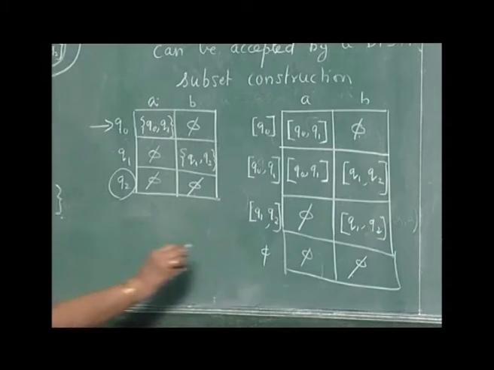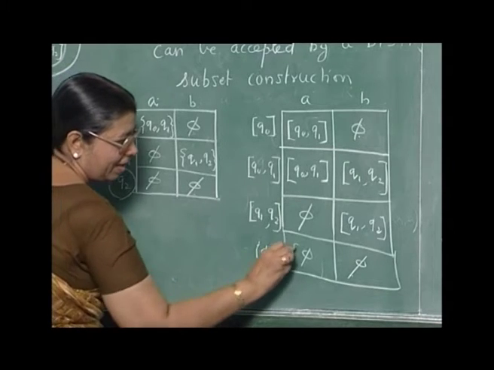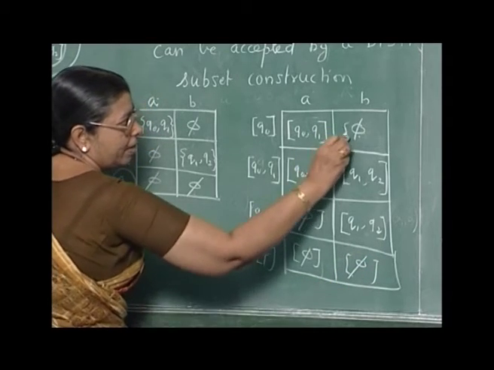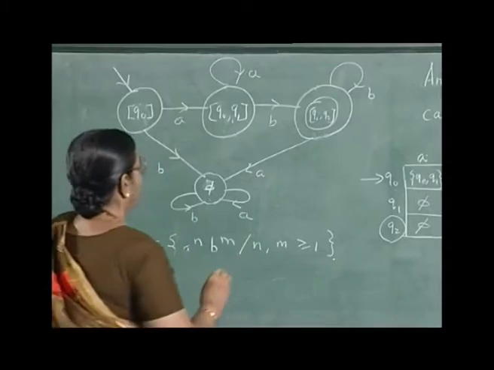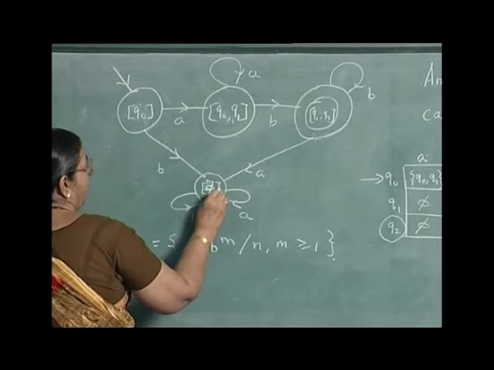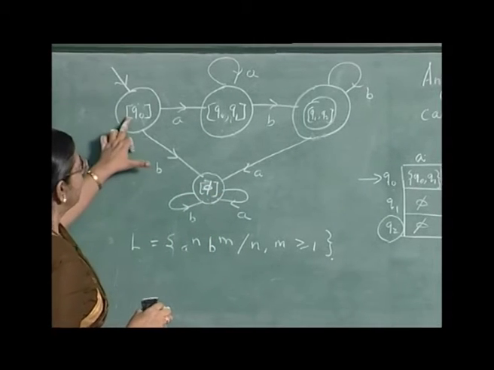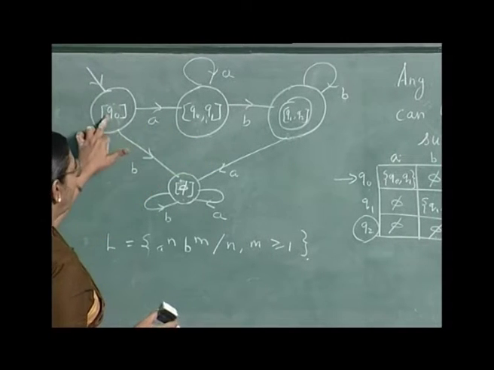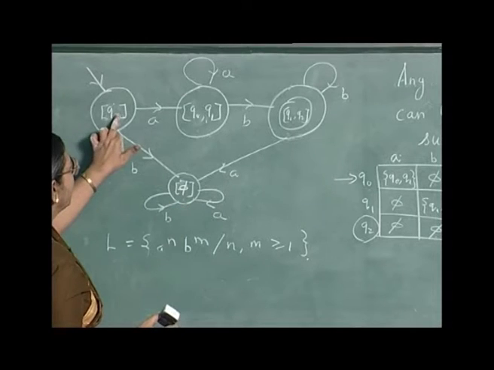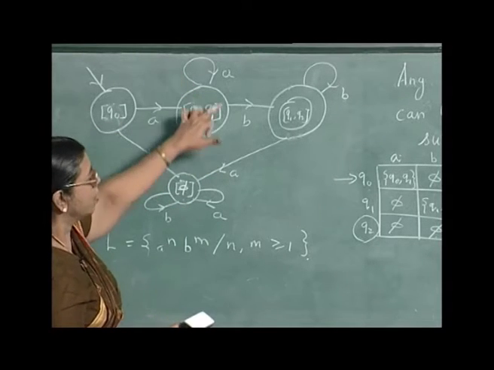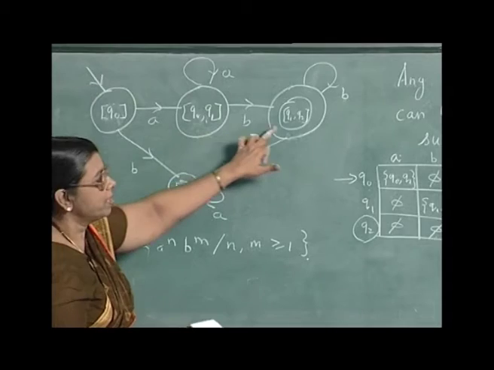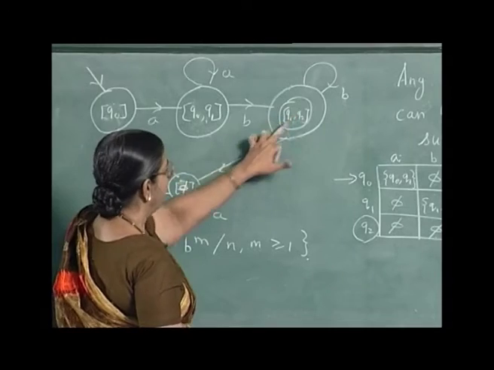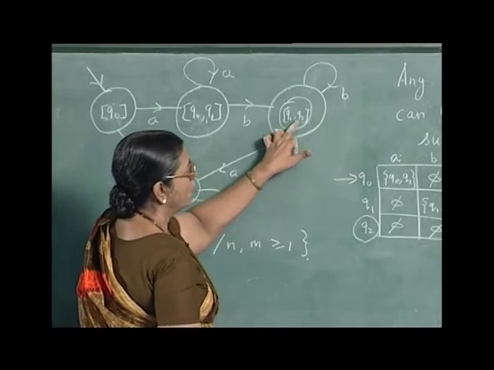Even phi I can put within square brackets if necessary. So, it is only a sort of a symbol, it does not matter. So, look at the transition. Q naught a is Q naught Q1, Q naught b is phi, Q naught Q1 a is Q naught Q1, Q naught Q1 b is Q1 Q2 from this table, Q1 Q2 a is phi, Q1 Q2 b is this,